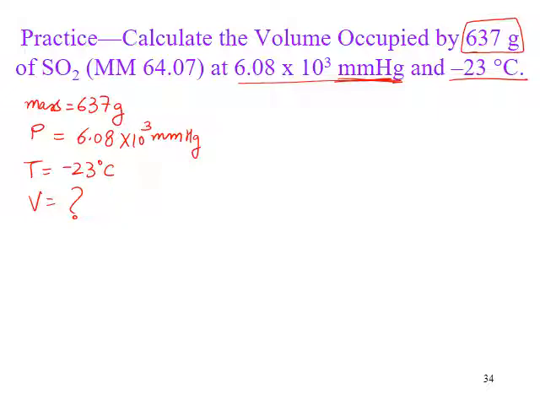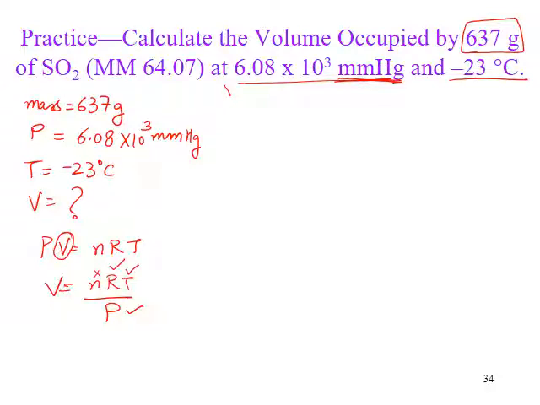So again, pressure, temperature, volume, they are not changing, so it is not Boyle's, Charles's, Avogadro's, or the combined gas law. The only law that's left is the ideal gas law. And what does that law tell us? That law tells us that PV equals nRT. If I need to solve for volume, I can rearrange it as nRT over P. Do I have T given to me? Yes. It's degrees Celsius, but I can convert. Do I have P given to me? Yes. Do I have R given to me? R is a constant which is always given. Do I have n given to me? No.